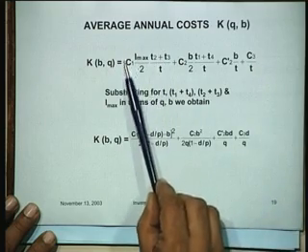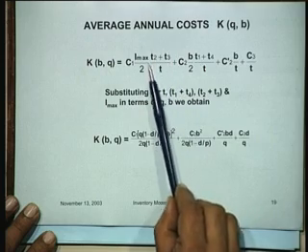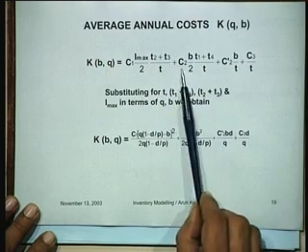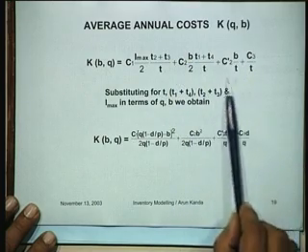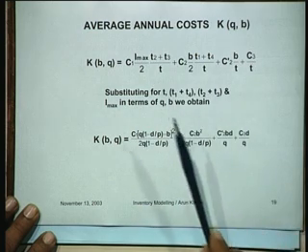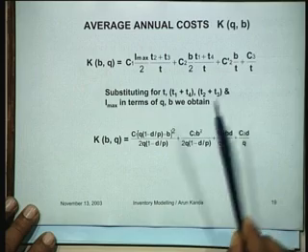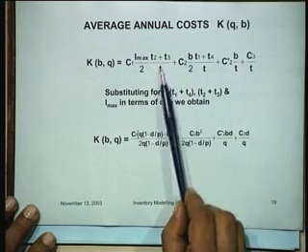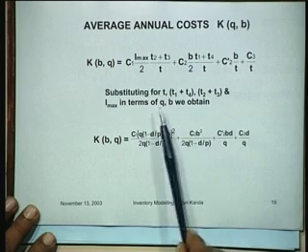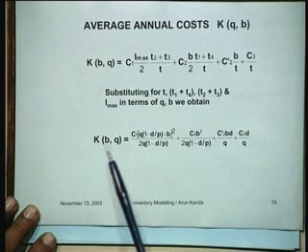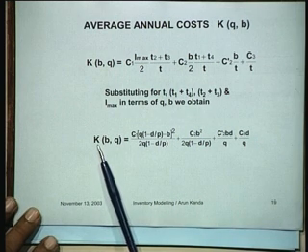This is the cost of holding inventory, C1 into I max by 2 into the fraction of the time that you are holding inventory. This is the period of back ordering, this is the period of lost sales, and this is the ordering cost. You are placing an order only once in a cycle of T. That's why it is C3 by T. And all these values you can substitute for T, T1, T2, etc., which we have just now calculated, and you can write this particular expression for the total cost.